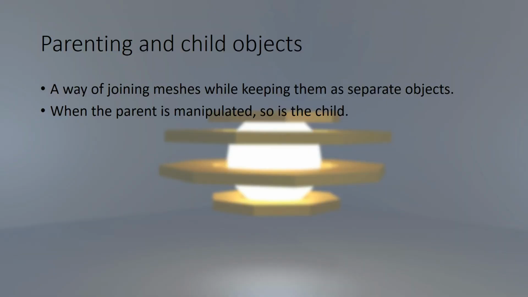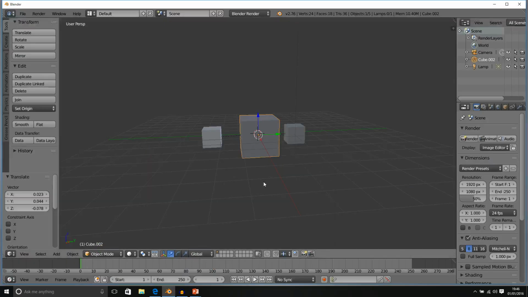And there we go, guys. That is how we parent and child objects. But there's one more thing. How do we separate children from their parents? Well, if we go back into Blender, we can do this by selecting our child object here,